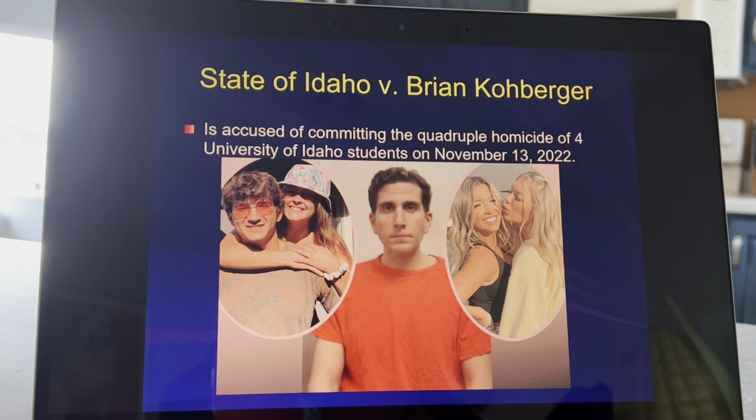So let's take an example of a criminal indictment from something that's currently in the news, and Lord knows, since November 13th, this has been one of the top news stories. So Bryan Kohberger has been arrested, and he is accused of committing quadruple homicide, killing 4 University of Idaho students on November 13th, 2022, basically entering their residence and stabbing the 4 of them to death, and he was just recently arrested.